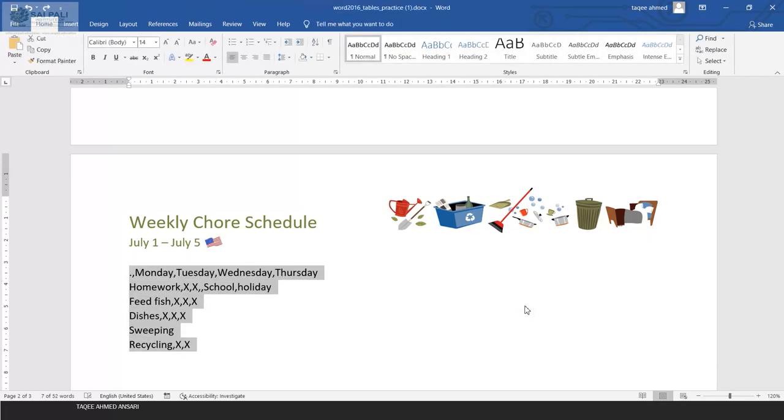So this is what we can use, comma also, or even we can use some other symbol also, like say instead of comma I am now using a star. So instead of comma we can use some other symbols also. Now this time I am using this star. But in the dialog box we don't have an option for this star. We have only options for comma or tab.